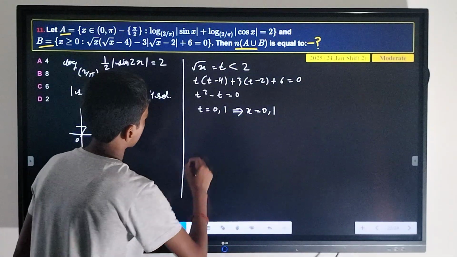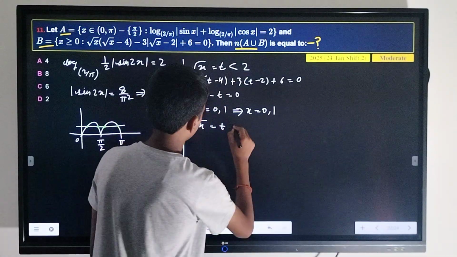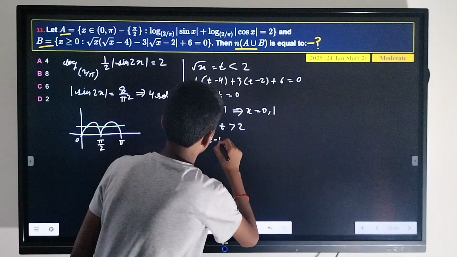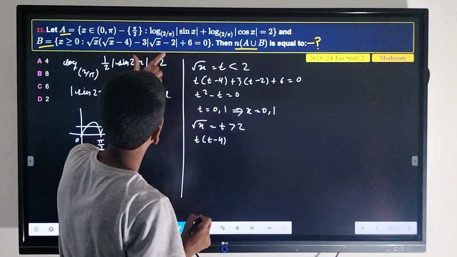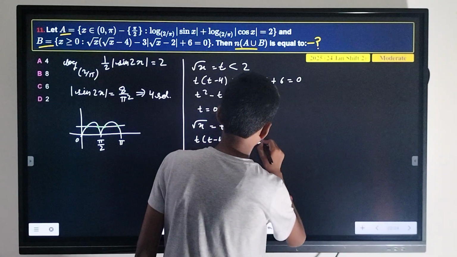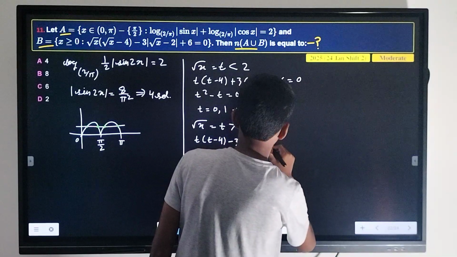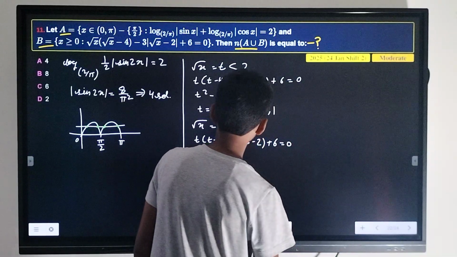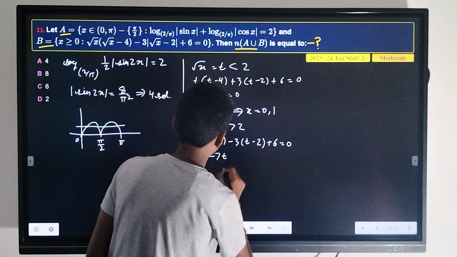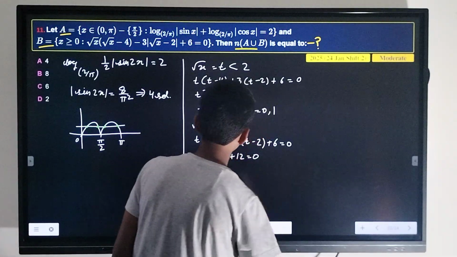Now we are again assuming root x is equal to t, but it is greater than 2. We are going to get t minus 4. Modulus will open with positive, so minus 3t minus 2 plus 6 is equal to 0. From here we will get t square minus 7t plus 12 is equal to 0. So our t